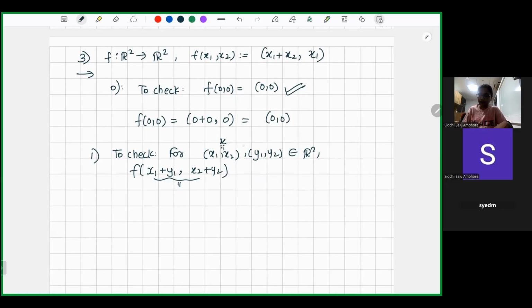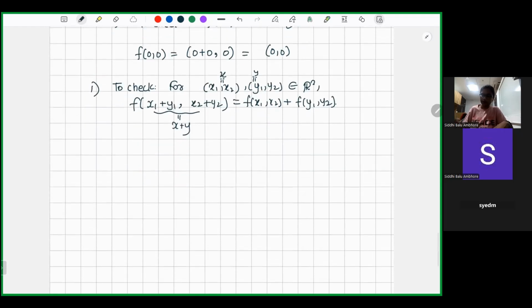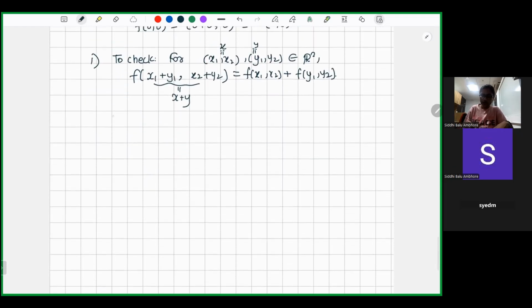If I call them x and y, this is x plus y. And we have to check whether this is equal to f of x1 comma x2 plus f of y1 comma y2. So let us start with the left hand side, that is f of x1 plus y1